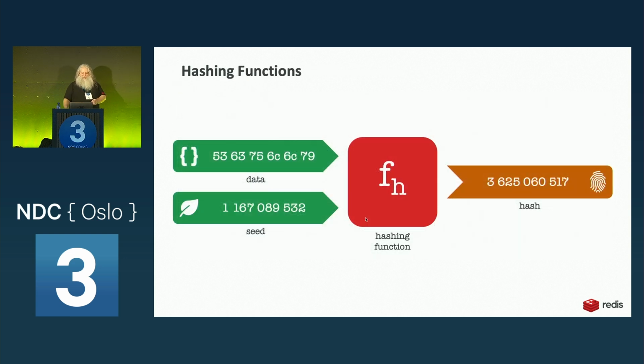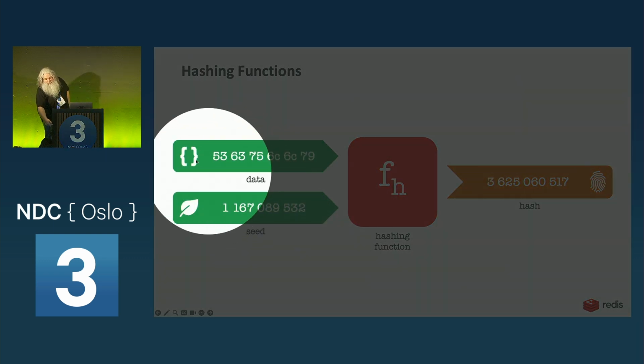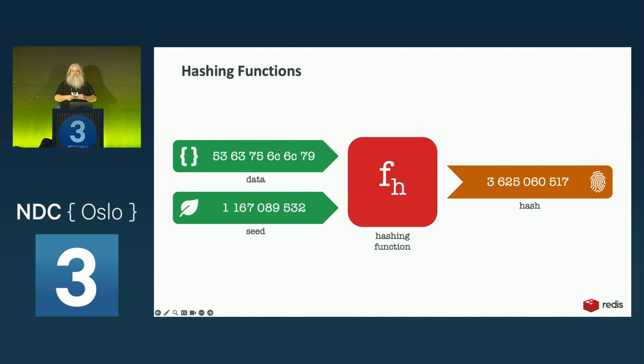So a hashing function can be thought of as a function that does a deterministic thing. If you give it some data and you give it a seed, it will generate a numeric value out of that data. And that data could be a gigabyte, or it could be a byte. Here I've got the UTF-8 or ASCII bytes that make up the word Scully from the X-Files. And so if we shove Scully into the hashing function with a random seed number, and we use those same values both times, we will get out a numeric value that's like, say, a 32-bit integer or a 64-bit integer.